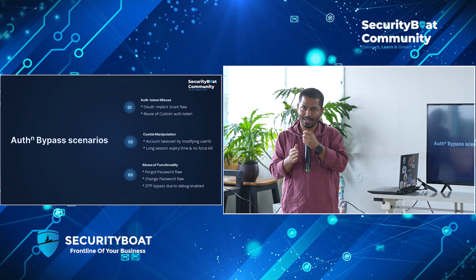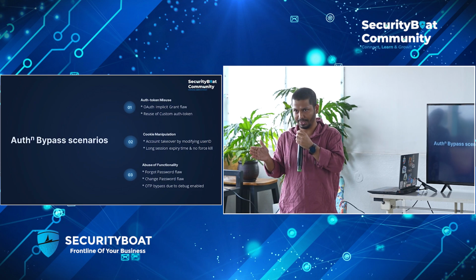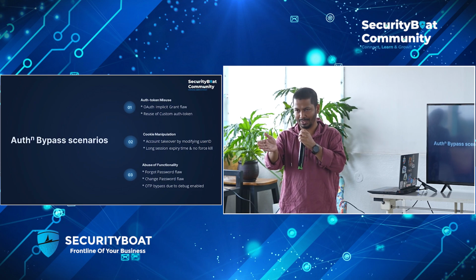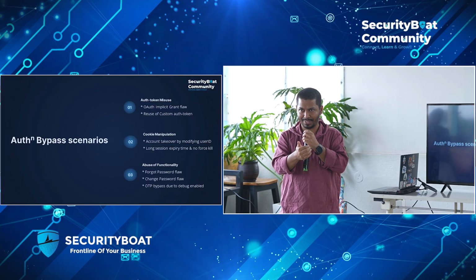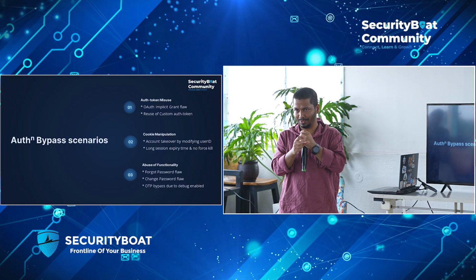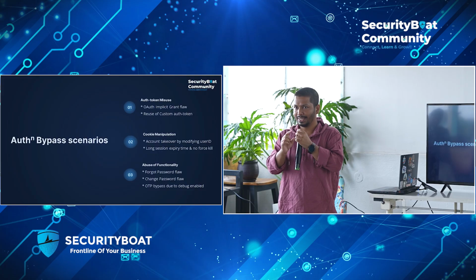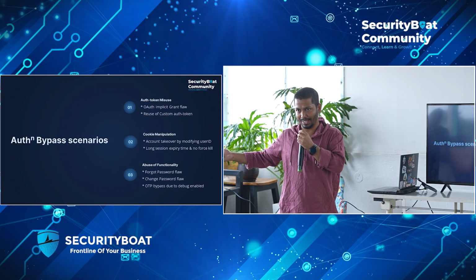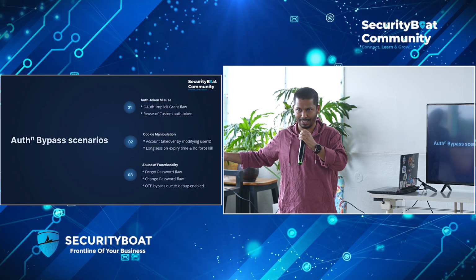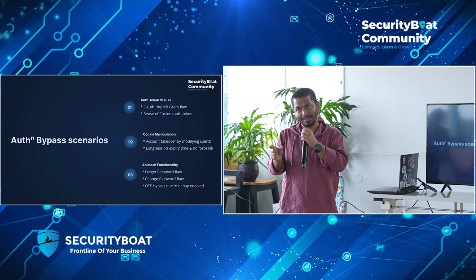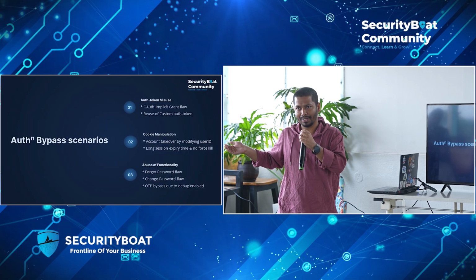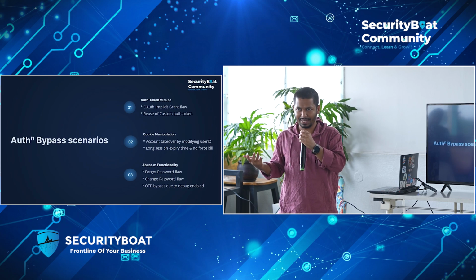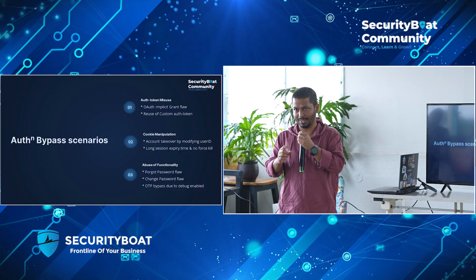So in such scenarios, what happens? The attacker will use a proxy tool and intercept the request, which is the response coming from the auth server, and then the request goes again with the token and user ID, right? They intercept the request and change the user value. So they generated a valid auth token, but when the next request goes to the actual application for authenticated resources, they change the user ID with the valid auth token, and the application cannot validate that. Because the auth token is valid, it gives them access to the victim user's account, the changed user ID.